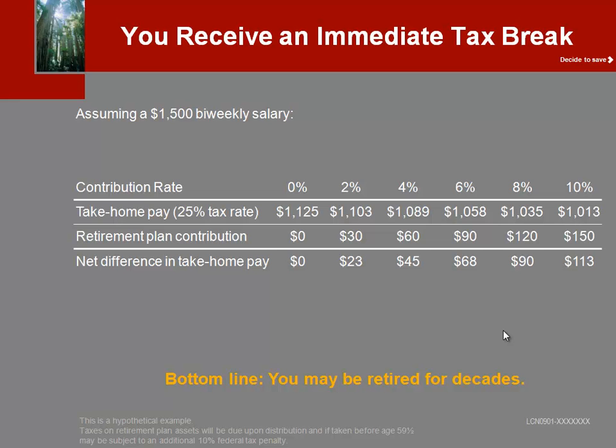Now, the trade-off is that eventually when I start withdrawing my account in retirement, I'm going to have to pay some taxes on the money then. But up until then, I'm not going to pay any tax